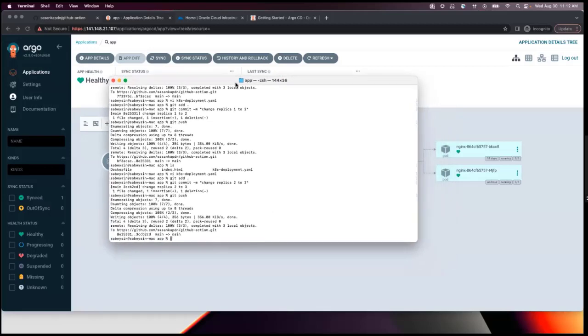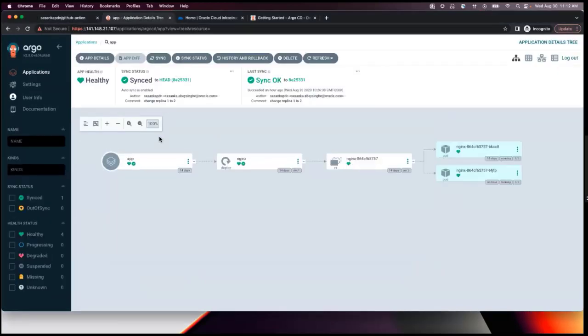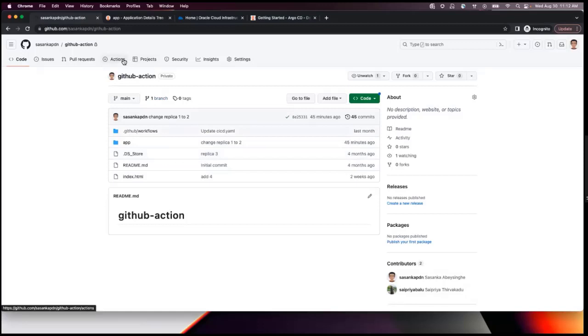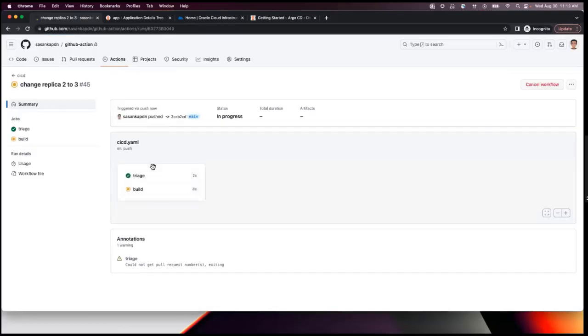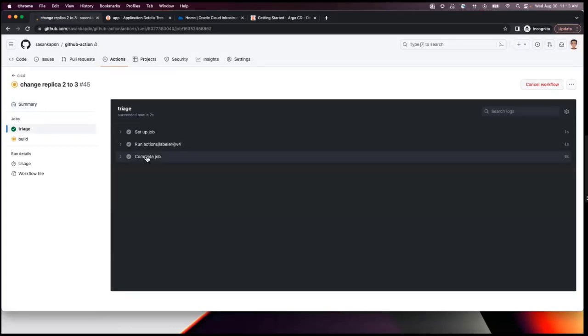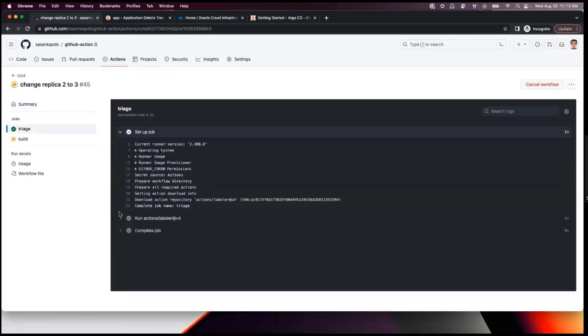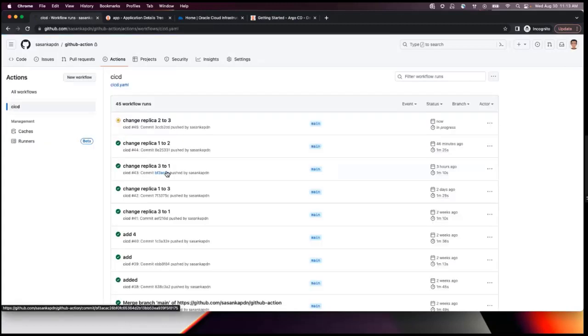Soon after I push, you can see here in Actions that the replica count changed from 2 to 3. It's going to build, and I have the triage and actions and completed jobs for the triage steps.